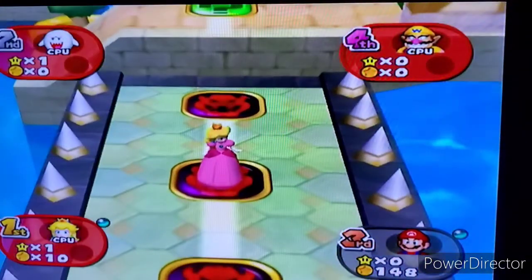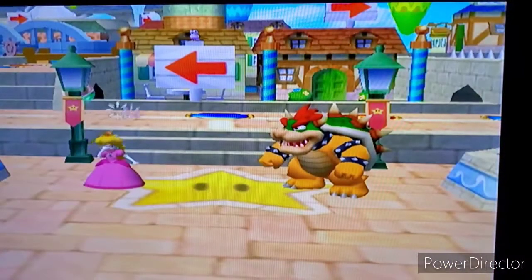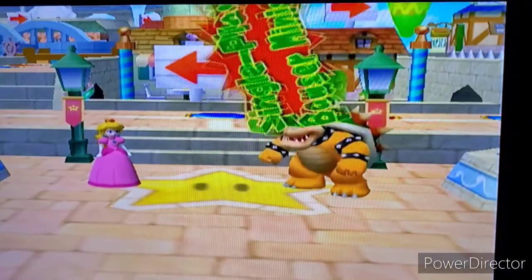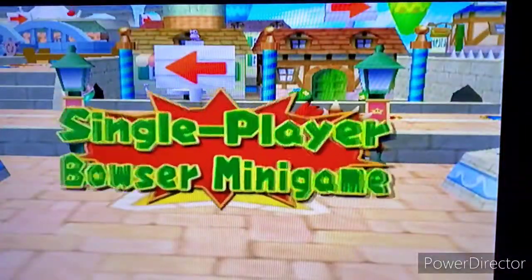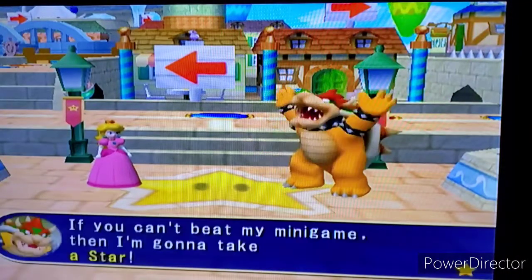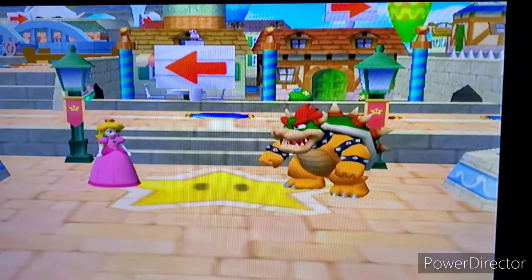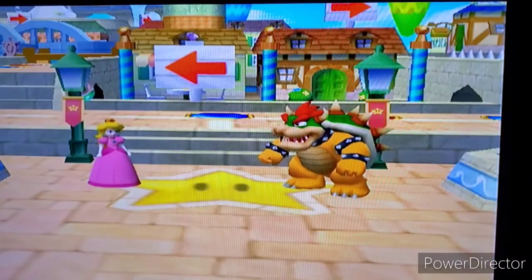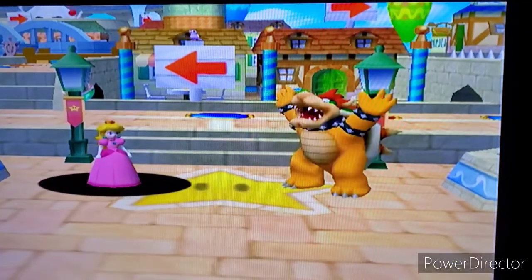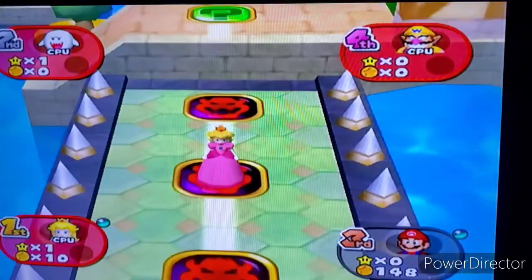Okay, we get another Bowser one. But is this going to be multiplayer or is Peach going to play by herself? Sometimes the special orbs can be very helpful for the board, so you want to think what it'll do. Now Peach is going to play a single player minigame. Okay, I actually wanted to watch it, but we'll probably see it next time. But she won. Yeah, the single player Bowser minigames, they're not that hard,